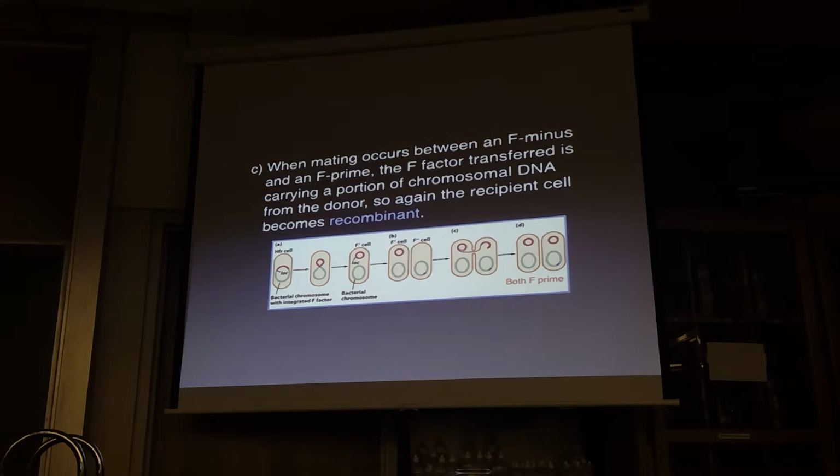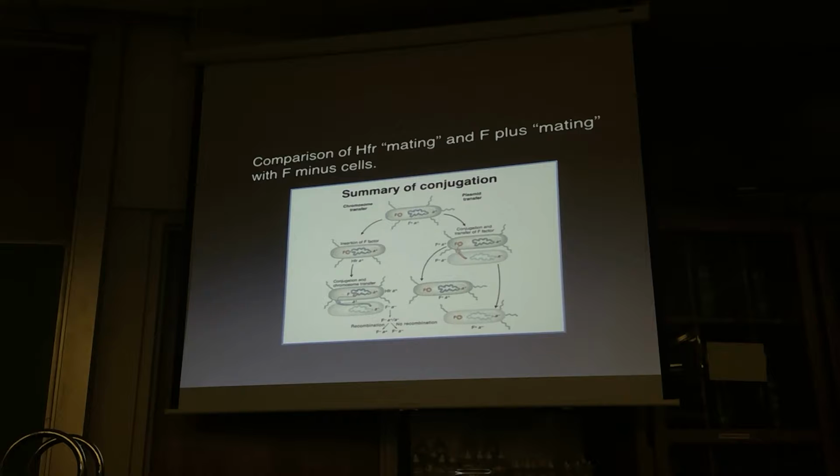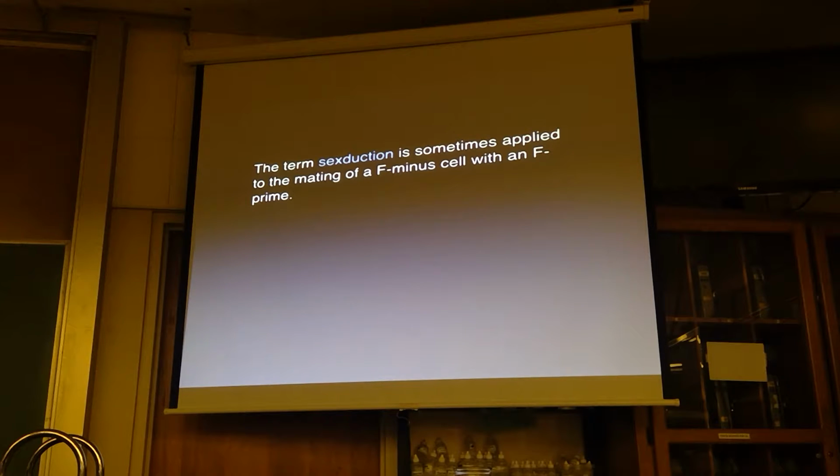Now, if we have mating between an F- and an F', the F prime has its plasmid separate, and it has a piece of the chromosome in that plasmid. So when it transfers its DNA to the recipient, the recipient becomes recombinant, but it also becomes male because the entire F factor is transferred. This is a diagrammatic representation of this mating. Actually, this is HFR and F plus, different versions of these guys mating with F minus cells, and what you get. When you have an F prime mating with an F minus, this is sometimes called